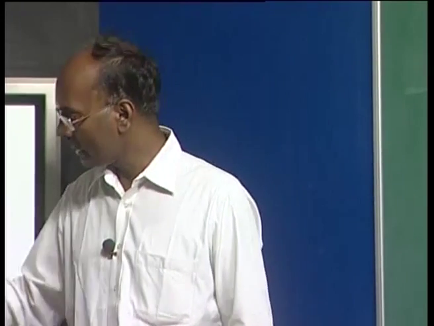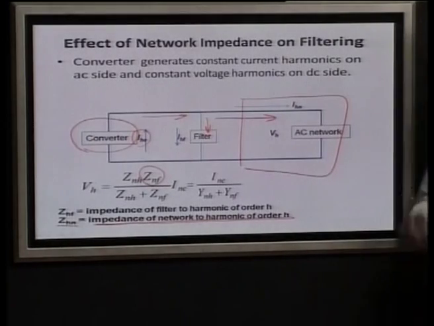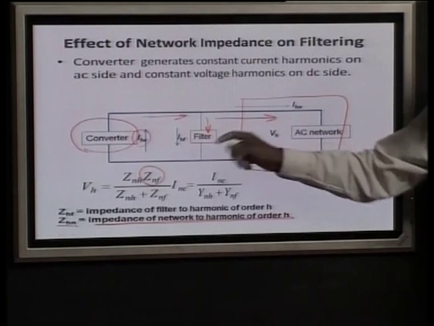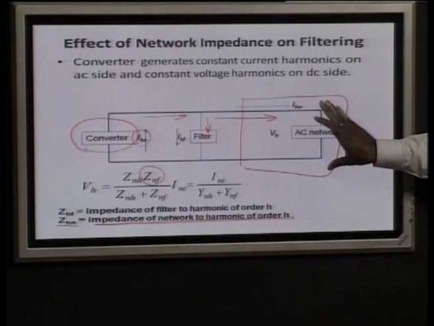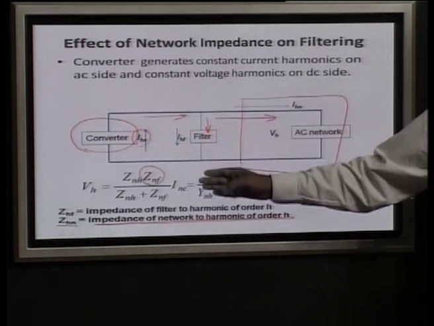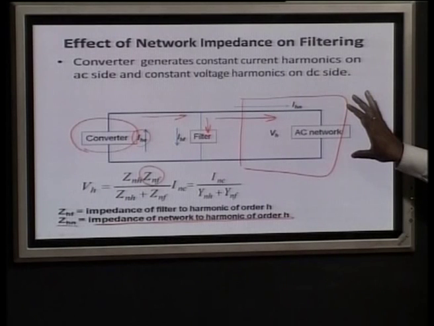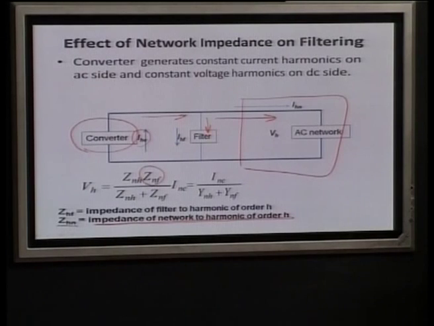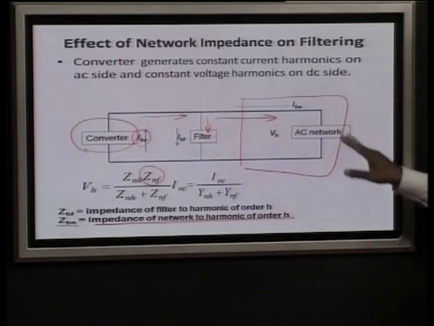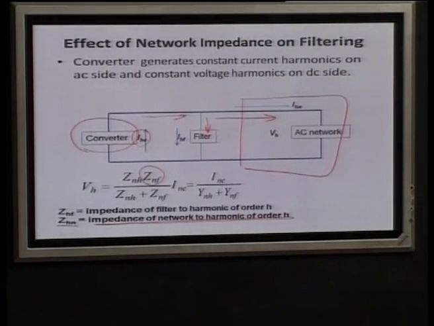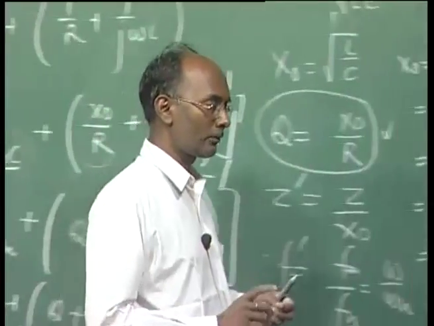The fundamental is there, which hardly matters, we want this fundamental component to go there or come from the network, hardly matters. But this filter is designed for hth harmonics, so of this current which is flowing here, the remaining goes to the network. If this network offers infinite impedance, then the total current will come here, means this is an open circuit, but it is not possible. Another option, if it offers a short circuit, means 0 minimum impedance, then the filter has no use, because the total current will pass there. Whatever filter you are designing has no meaning, because that current will go to the network as well.